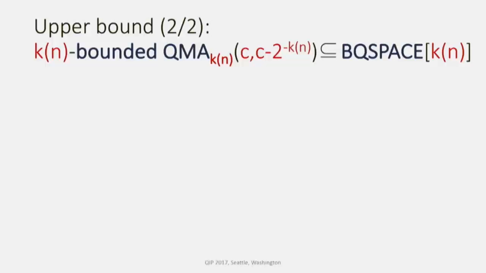Okay, good. So the second part of the upper bound is a bit more technical. What we're going to show is that this precise QMA class that we just showed in the last slide is contained in BQ space K of n. This is very much modeled after the proof that QMA is in PP, if you've seen this before. We're going to start in the same way, which is to error amplify the